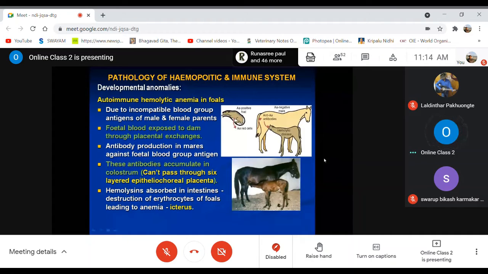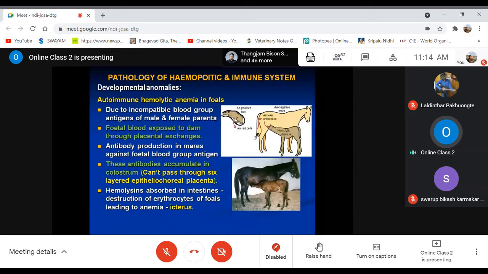You can see this picture also like this: inside the womb, the foal fetus has one group of blood antigens. But the mother does not have the same blood group antigens, so in this case when there is